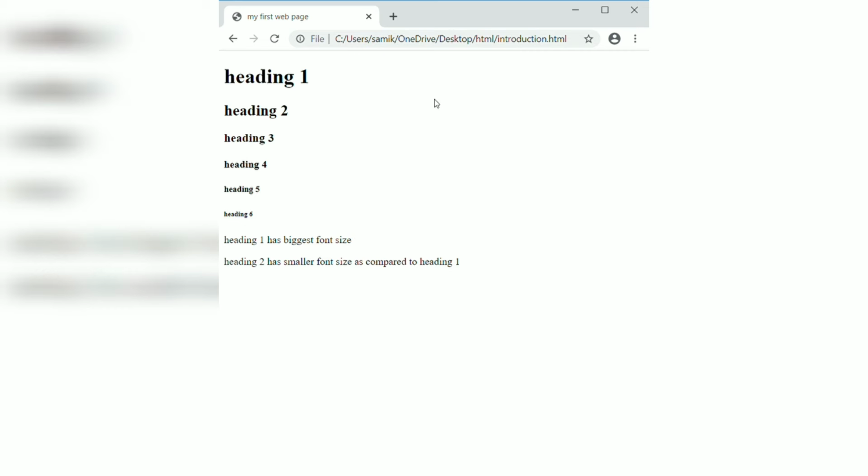So this is the output of our web page. You are able to see here our title, my first web page, and here heading 1, heading 2. I forgot to tell you before that as the number of heading increases, size decreases. And here we are able to see our paragraph which we have written in paragraph form. So this is the result of our coding.